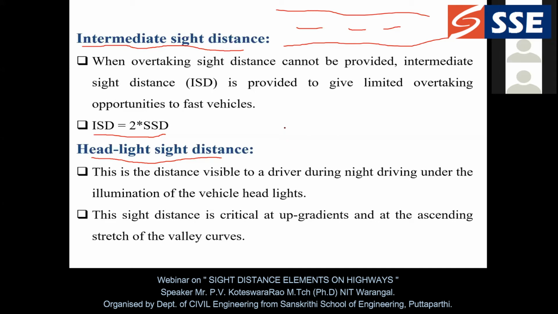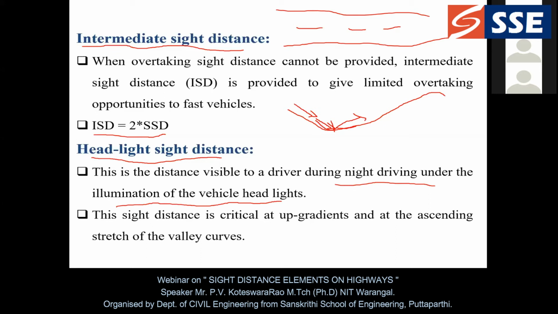So here, for example, if I have a road surface like this and I am moving along it, please observe. The headlights are going to focus this way, up to here only. Then the distance visible to me is only up to this point. But what about this distance? Whenever the vehicle enters the valley portion, only then can I have visibility in this direction. So this is one of the important criteria to avoid accidents, especially on valley curves or upgradients.